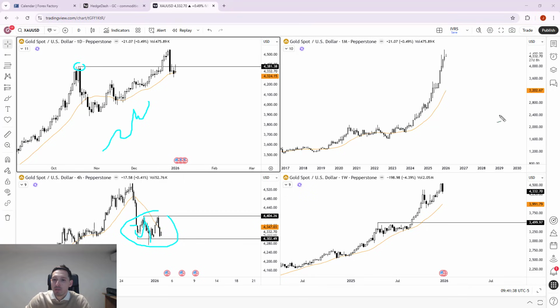And if we have a look at this on the monthly time horizon, is it a surprise? We extend away like this and then we start to consolidate. And look at the distance here between current price and the moving average. So I do think gold can potentially retest the highs from last year, but I do think once we start to retest these highs, maybe in Q1, we're going to go into a larger consolidation in gold. And if you noticed the thumbnail at the beginning of the video, that was a picture of silver. And I'm going to show you next why silver is showing signs that it's about to also go into a